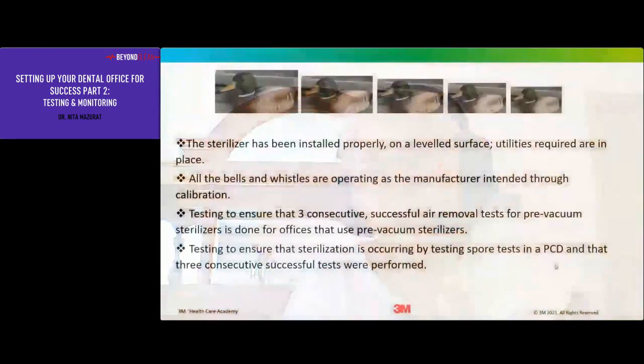So I just want to back up, do a little summary here, get my ducks in a row. Let's make sure, first of all, that the sterilizer has been installed properly on a leveled surface. Utilities required are in place. It's been calibrated. We've tested to make sure that we've got 3 consecutive successful air removal tests for pre-vacuum sterilizers, if that's the kind of a sterilizer you have, and then testing to ensure that the sterilization is occurring by testing spore tests in a